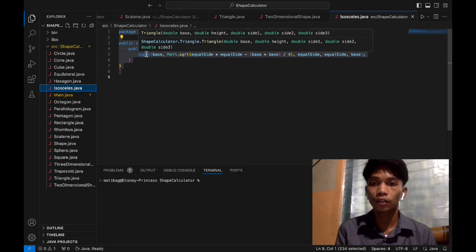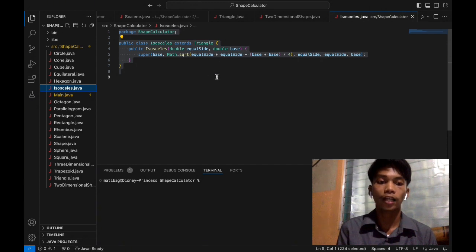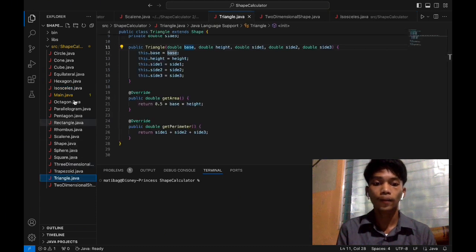The super keyword is used in the constructors of the subclasses to invoke the constructor of the triangle superclass, ensuring that the triangle's dimensions are set correctly.